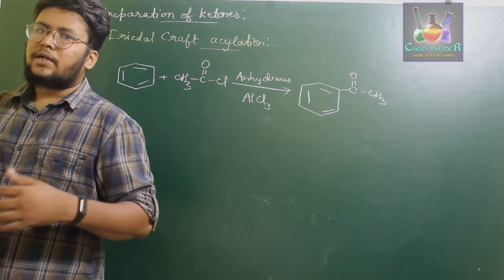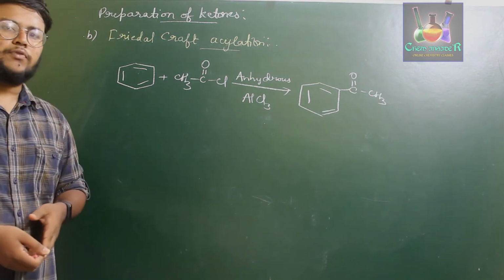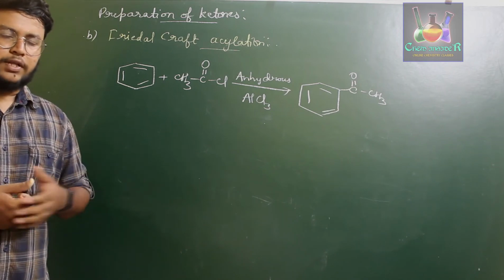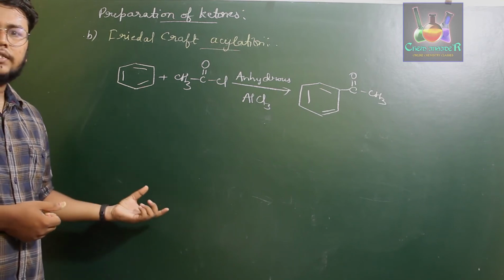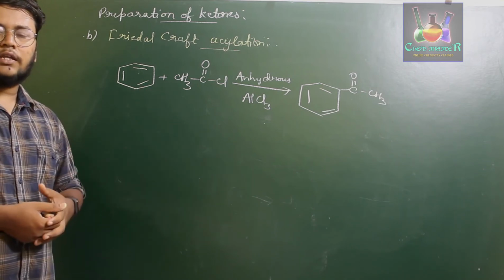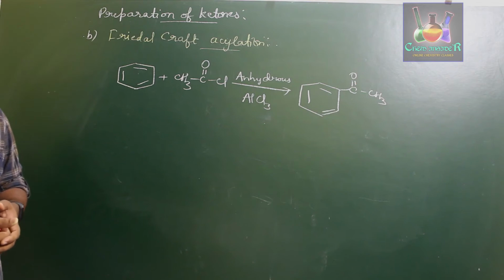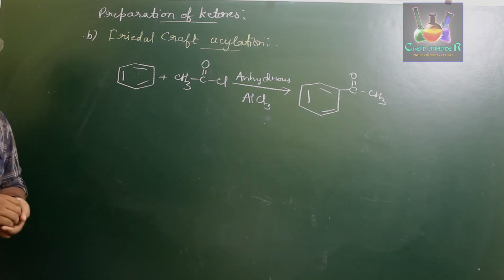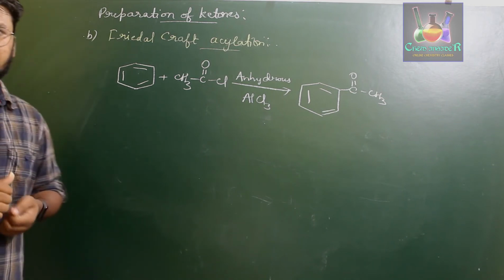Therefore, when you compare the alkyl cadmium process of preparation of aryl ketone with the Friedel-Crafts acylation, the latter is major preference because this reaction is a simple electrophilic substitution reaction. Whereas you need to prepare alkyl cadmium first and then treat it with the desired acyl chloride to form the respective ketone. So Friedel-Crafts acylation for the preparation of aryl ketones is more favorable when compared to the other process. This is the preparation of ketones through Friedel-Crafts acylation.